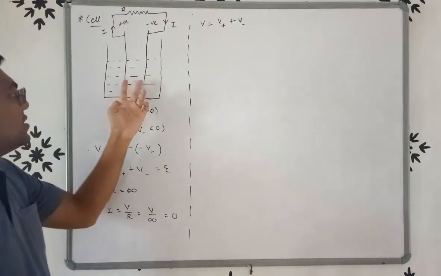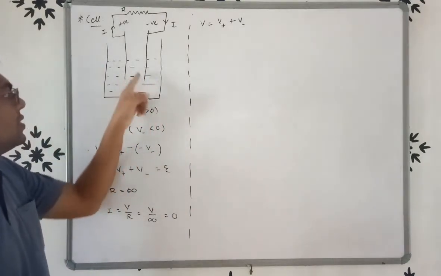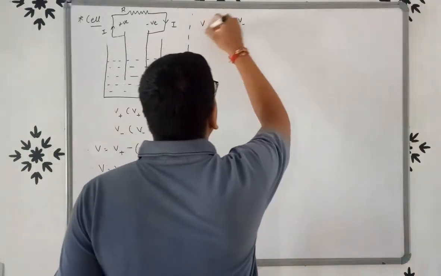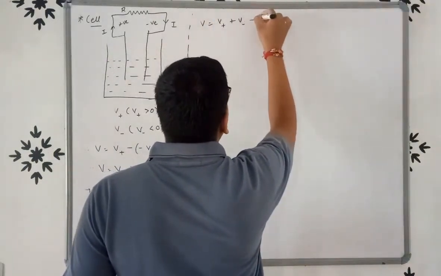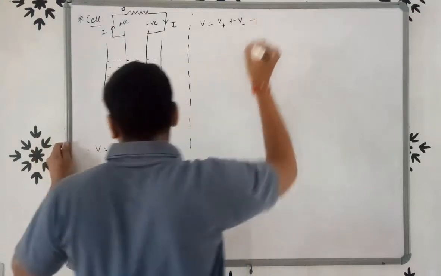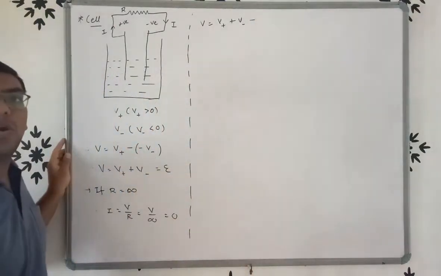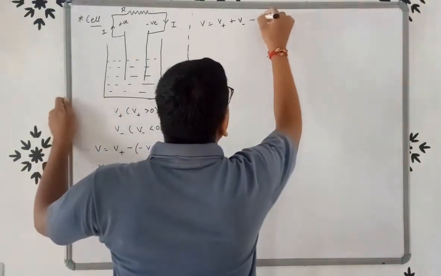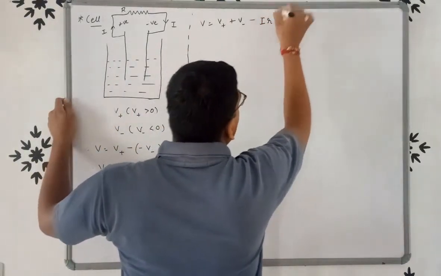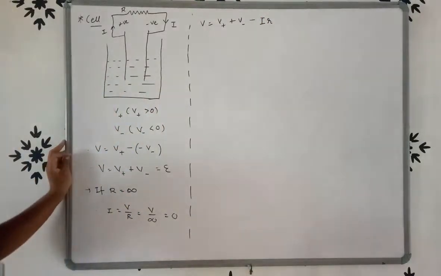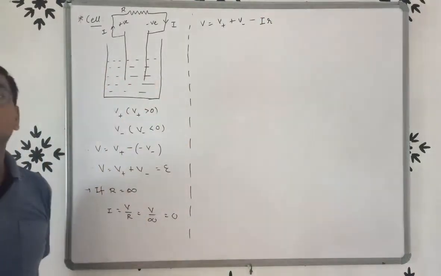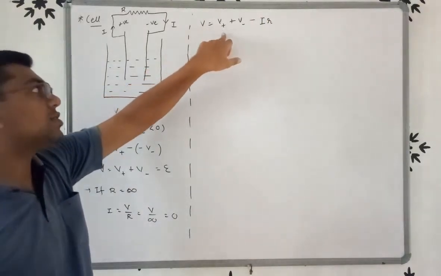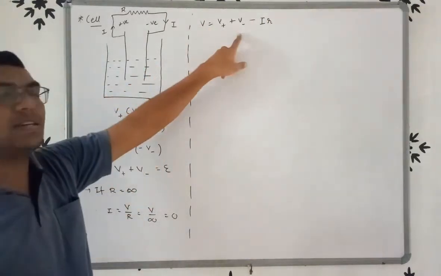So these positive charges pass through this internal resistance, so the potential difference is given by minus. The symbol of internal resistance is small r. So the potential drop across this is V equals I into small r, right? So when the current starts flowing, the potential difference is given by V equals V plus minus V minus